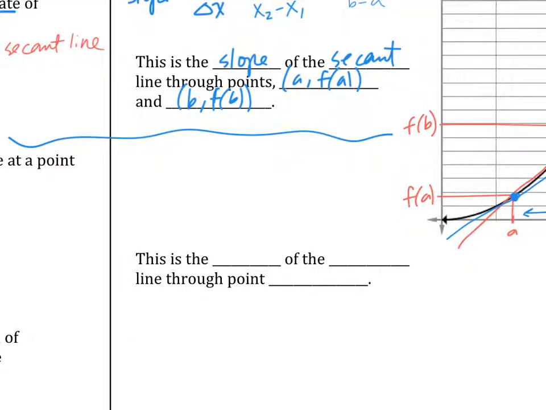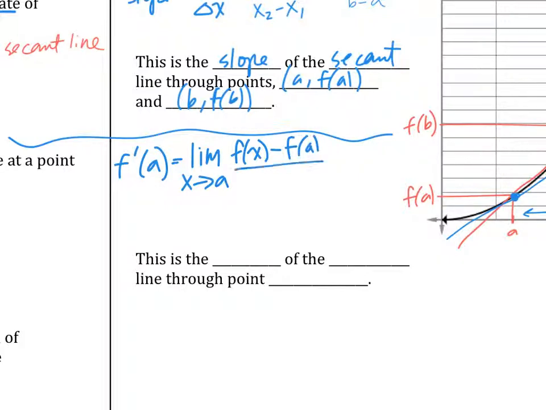So then we can say that the slope at A is the derivative at A, and then we put a little mark, prime. That means derivative. So the derivative at A is equal to the limit as x goes to A, because we're trying to bring x really close to A, of the slope. What's the slope? y2 minus y1 over x2 minus x1, right? That's what slope is.